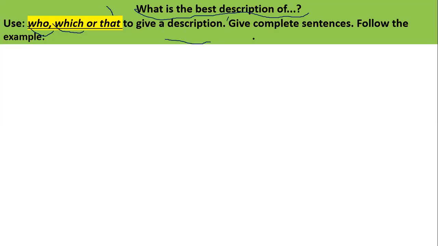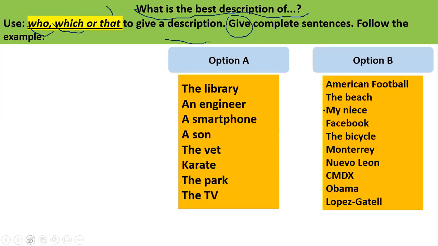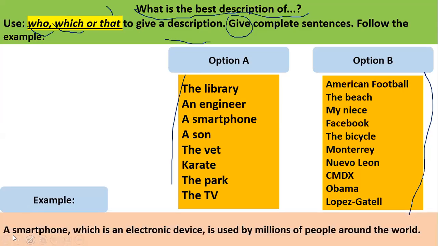You have to give complete sentences, and you can follow the example. I'm going to give you different options, so you can choose one option from option A, or an option from option B. And you have to select one to complete a sentence. For example, I chose a smartphone. So a smartphone, which is an electronic